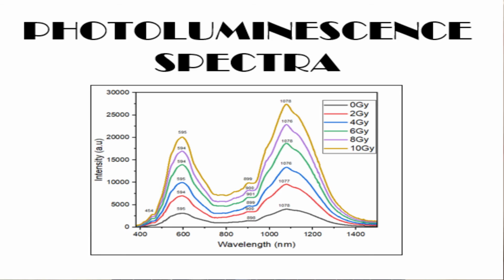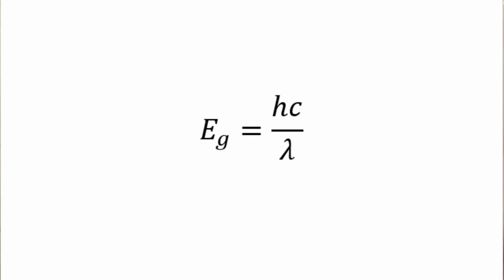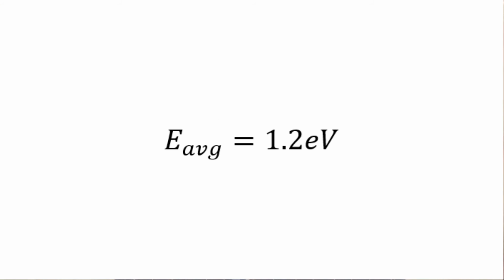The next one is photoluminescence spectroscopy, which is a very sensitive analytical method and also an important optical property of borosilicate glass for its application, which depends strongly on active centers, surrounding host composition, and their interactions. The figure shows the photoluminescence spectra plotted with 2 broad peaks. The first peak and the second peak represent the excitation photon and emission photon respectively. The energy band gap is obtained from the peak of the emission photon, which is the second peak. The value of the energy band gap for each peak was calculated using the equation E equals Planck's constant multiplied by the speed of light over the wavelength, and the average value of the energy band gap is